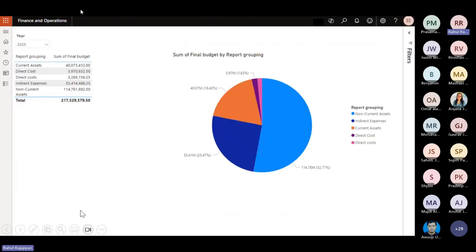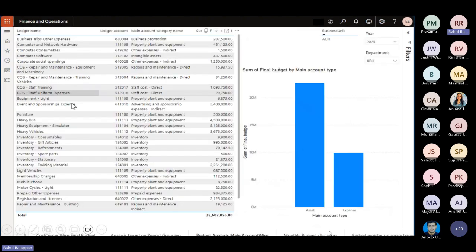Based on the report grouping, we have prepared a small dashboard, a small chart, and based on the ledger names, what is the budget which is allocated, and whether it is an asset or an expense. These are just a small briefing on the reports. Under development,